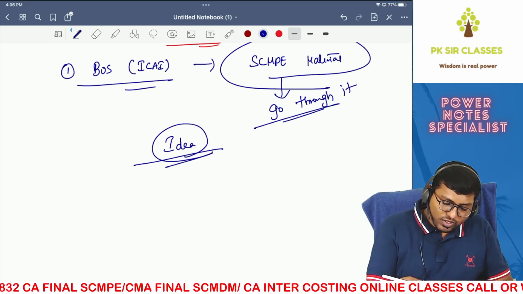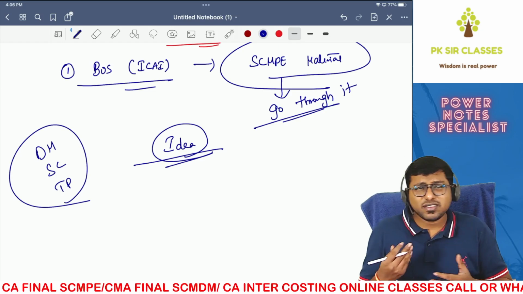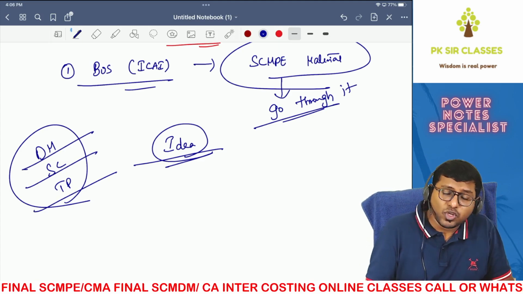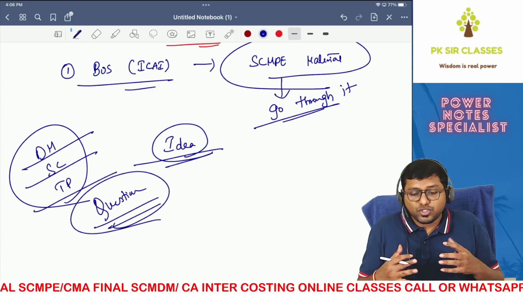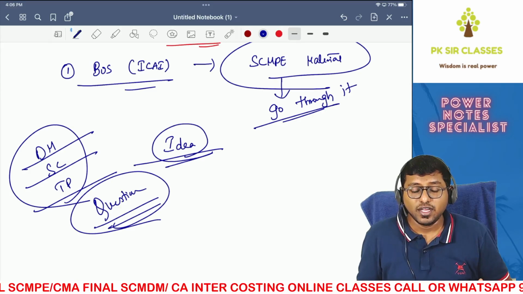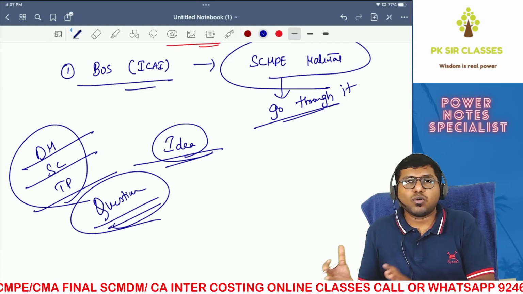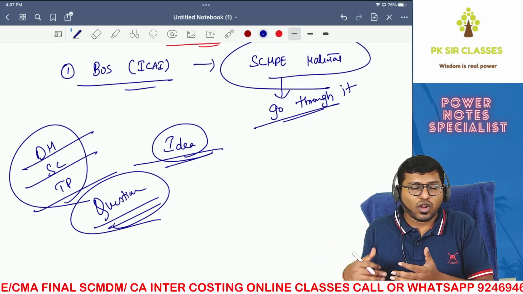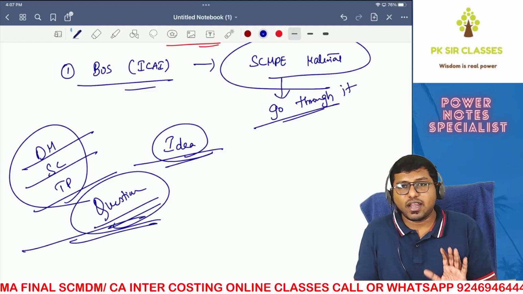For example, you feel that decision making, standard costing, and transfer pricing are pretty much the same chapters in the old syllabus, SCMPE, and the new syllabus. Then go through those chapters, look at the questions, and look at the answers for these questions. You'll get the feel of it. Then you decide. If you feel that, yeah, it is similar to AMA, then it's fine. Then we'll talk about the rest of the chapters. Then we'll plan how to eventually learn them, or whether to take coaching or not, or whatever it is. So first go through it. You will have an idea.